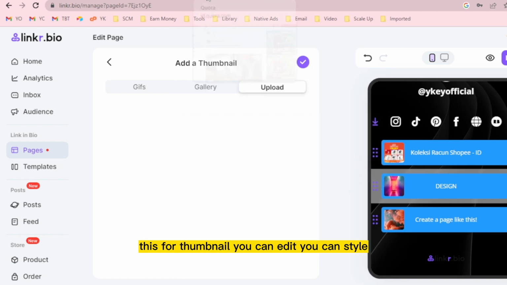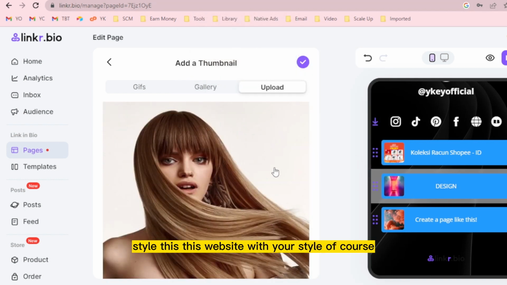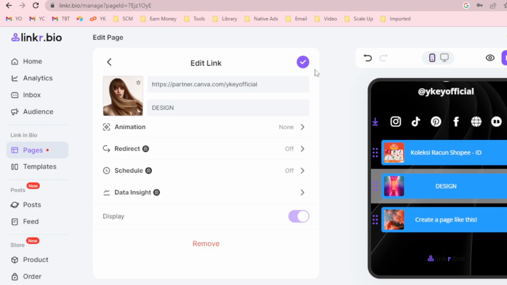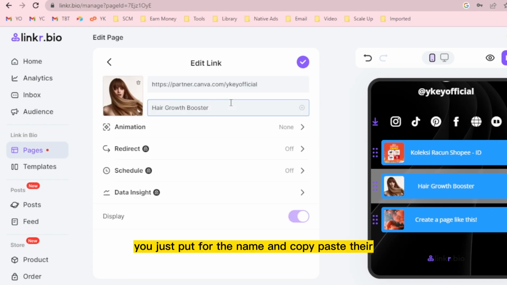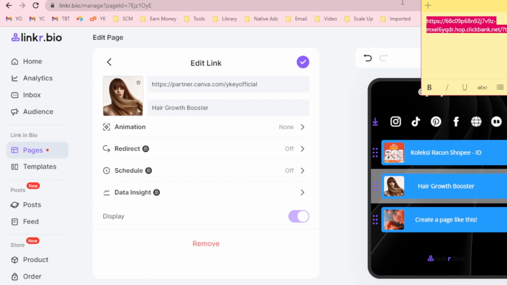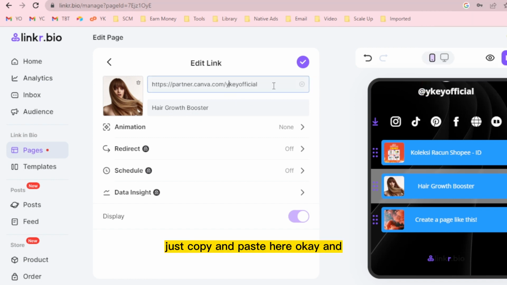You can edit it, and you can style this website with your own style, of course. It's really simple. You just put in a name and copy and paste your affiliate link from ClickBank. Just copy and paste it here. Okay, done.